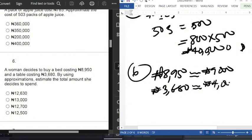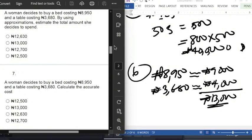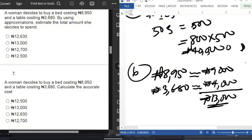4,000. Right? So when you add the two together, you're going to get 13,000. So that is that. Then go to question number 7. For question number 7,